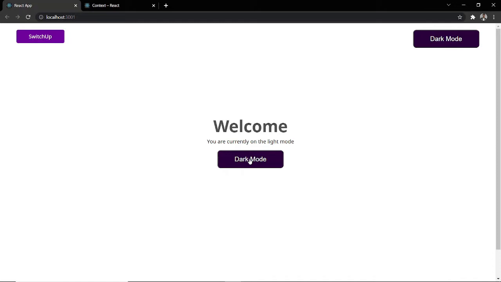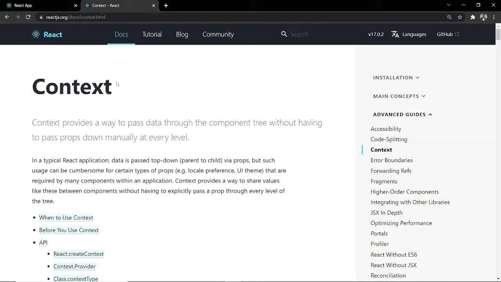So let's start from the quick basics of context API. What is context API and what were they trying to achieve with it? Let's look at the official documentation, which I already have opened here. This is basically just the React documentation. It says context API provides a way to pass data through the component tree without having to pass props manually at every level. Okay, so this is like jumbled up English, but in reality, what it simply means is